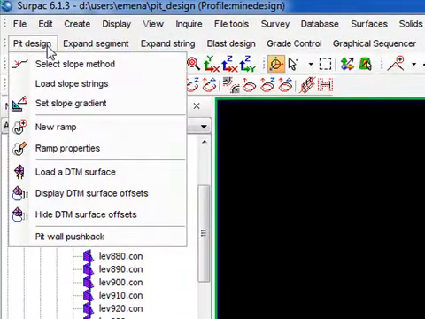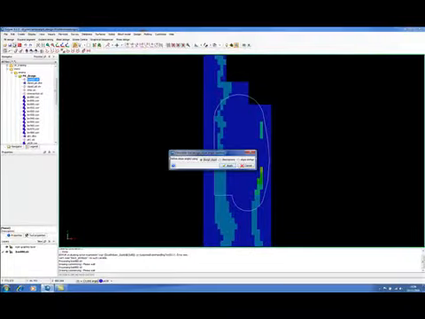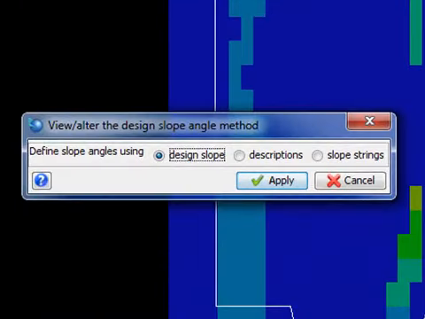Via mine design tools in Surpac, we first need to define slope angles. In design slope method, you specify a value for the batter angle. Value is entered either as an angle, percentage, or a ratio, and it is a constant for the entire perimeter of the pit. Description method reads batter angle directly from the perimeter strings, and slope string method requires file containing